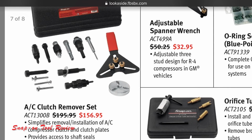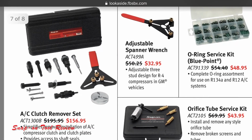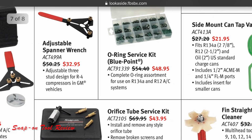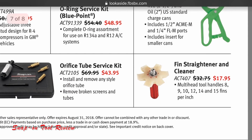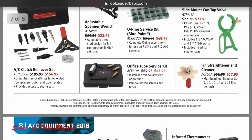The clutch remover set, this should be a no-brainer. I mean, your shop should own one if you're doing a lot of air conditioning. We do own them. They are company supplied through Hyundai. But yeah, if you do a lot of working on them, then maybe you should own one of these things. But okay. Fin straightener cleaner, orifice tube service kit,